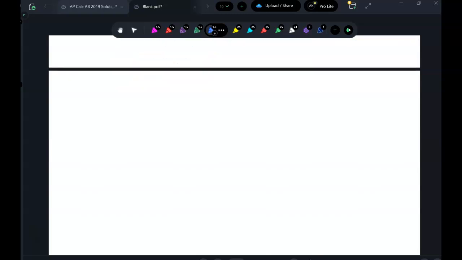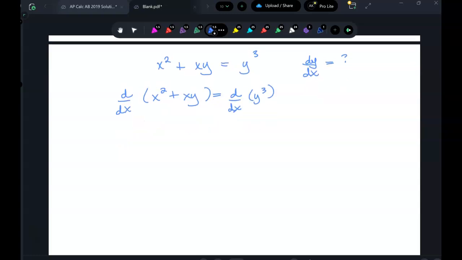Okay. How about if I have that and I say, what is dy dx? Do we have to take d dx of both sides? d dx of both sides. I hate these questions. Come on, you could do this. Okay, now we get 2x plus... think U times V again. So it'll be x times dy dx